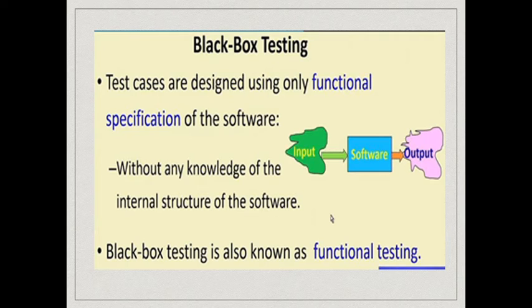Now first let's do black box testing. Black box unit testing is done based on the functional specification of the software, or the functional specification of a unit. So given the unit, we do not need to look at the code. We just see what its input-output behavior is. Based on that we design the test cases. We should not look at the internals of the software but only the input-output behavior. Black box testing is also called functional testing, because we test based on the knowledge of the functionality without looking at the code.